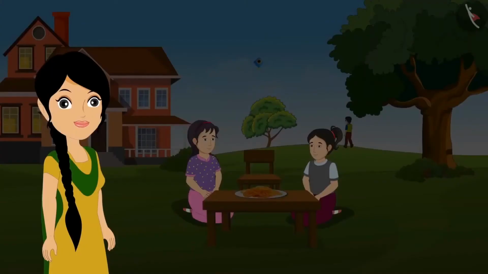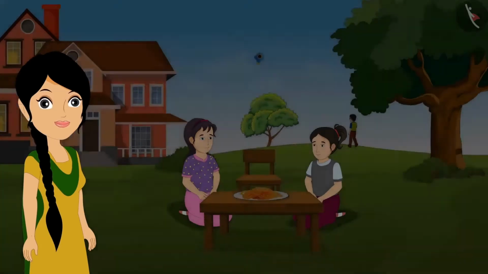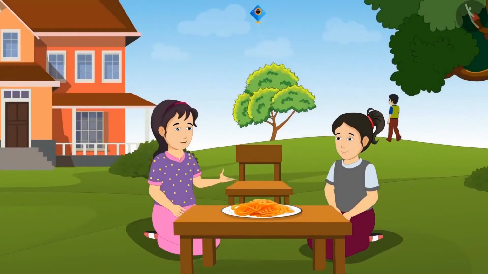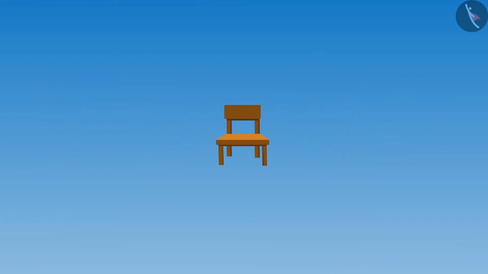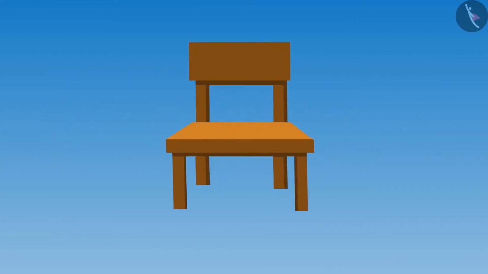When Riva and her elder sister Meena were sitting in their garden and talking to each other, Meena asked a question to her sister. Riva, just take a look around. Can you tell me which all objects you see around? Yeah, sister. A table, a chair, a flying blue kite in the sky, and of course, this delicious jalebi in our plate. Yes, Riva, if you look at this chair from front and then from above, then you can see these shapes.